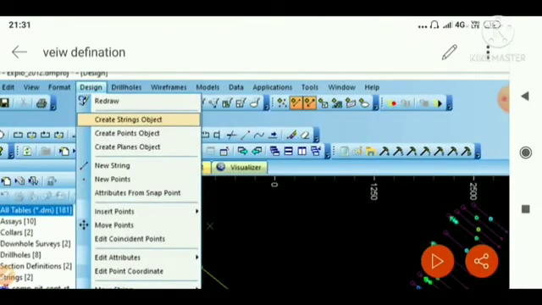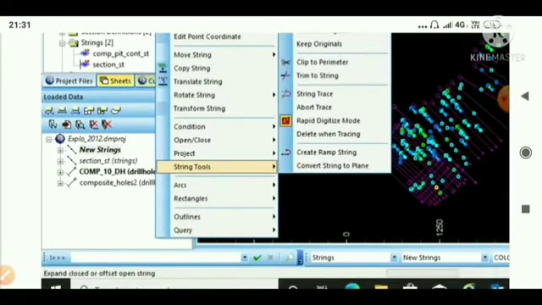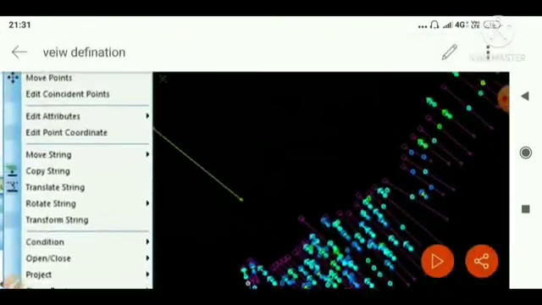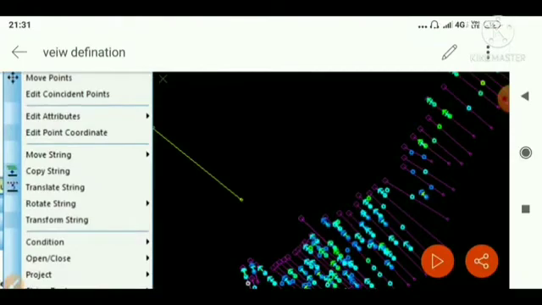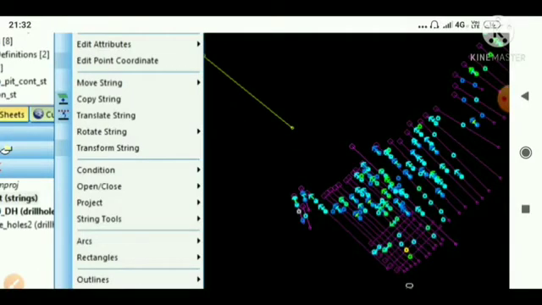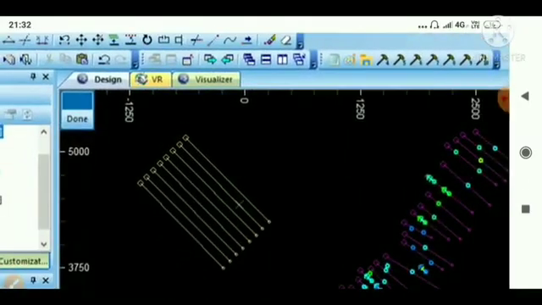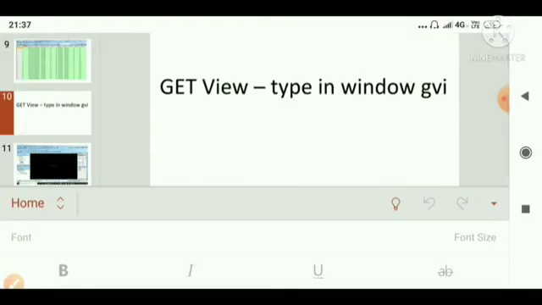in a particular grid. For this we have to create a string object first. Like here we can see our string object comes in loaded data. Then we will create our first section. Here we can see how our first section will be created. Then we will go to the expand command. It is in string tool in design. Then we will set the distance or grid distance as we require. Then click one by one to create our section lines.